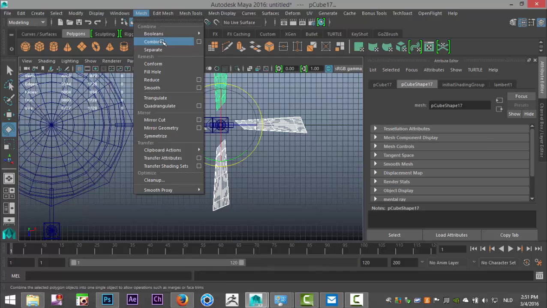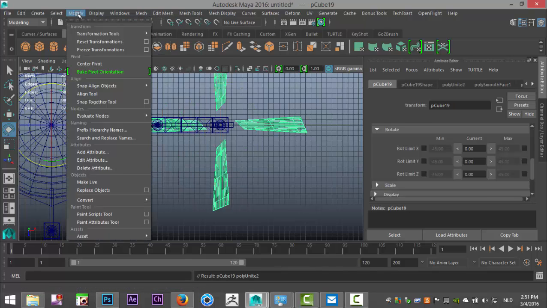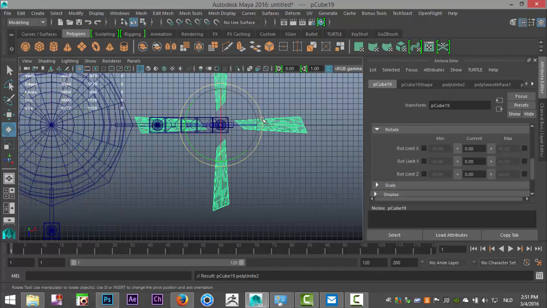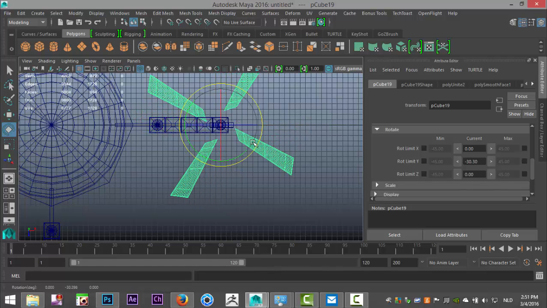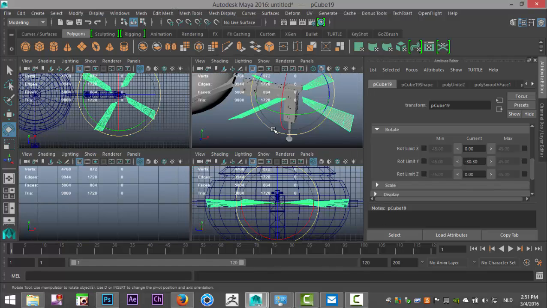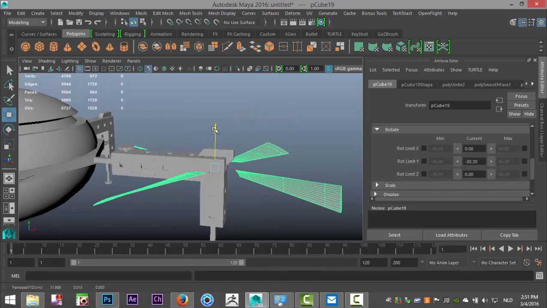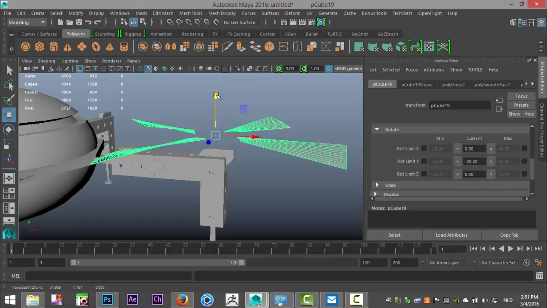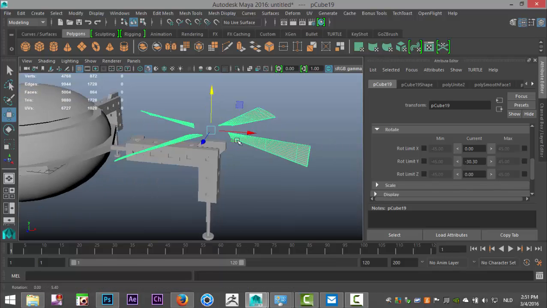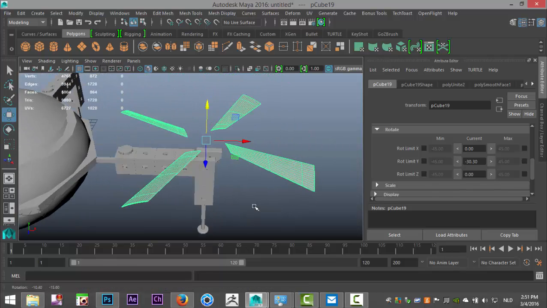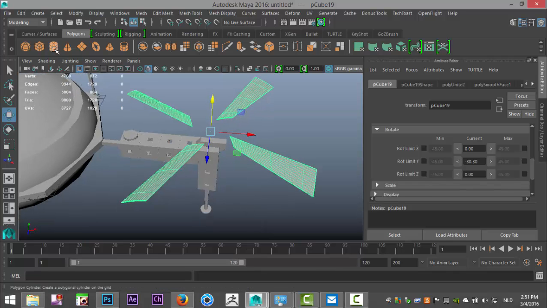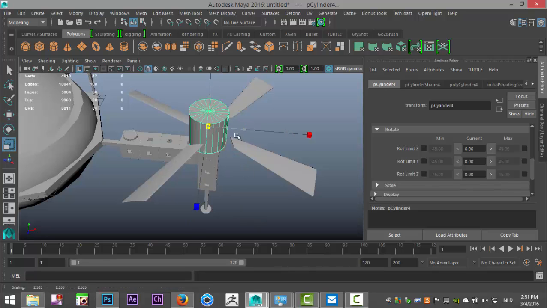We're going to go to Mesh and Combine, Modify Center Pivot. We can kind of rotate that a little, right? Okay. We're going to hit W to raise that up. And they need to be connected, obviously. So what we're going to do is we're going to take a polygon cylinder. Let's bring that out. Pull that up. Hit R to scale out and push down